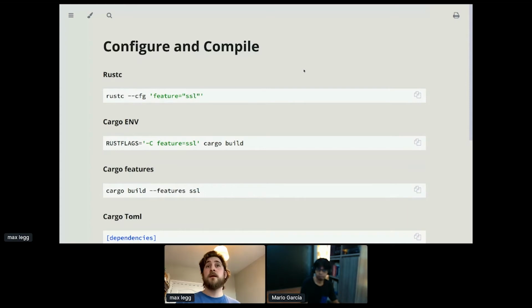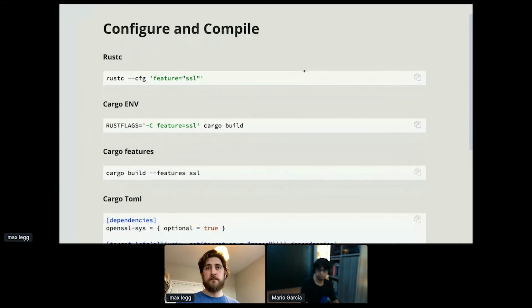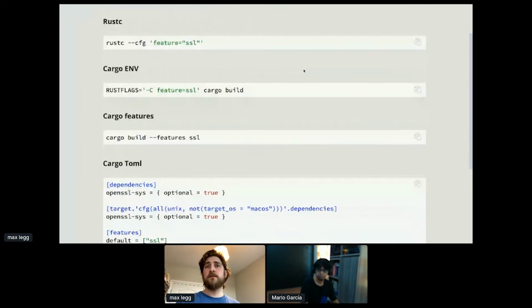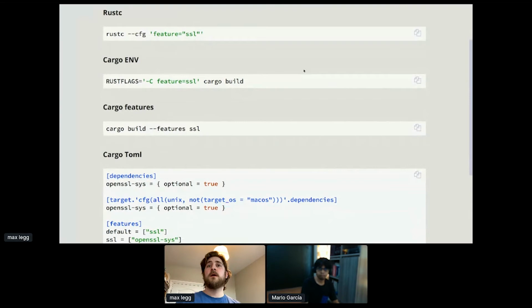You can do the same thing with the feature flags with the cargo build, and you could also configure it inside the Cargo.toml based on your profile. So not the profile on your target. So if you're building your own features, you need to include them in the